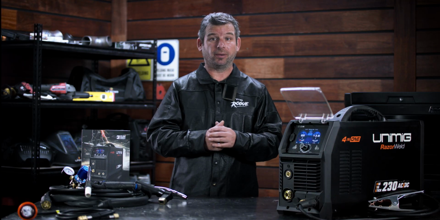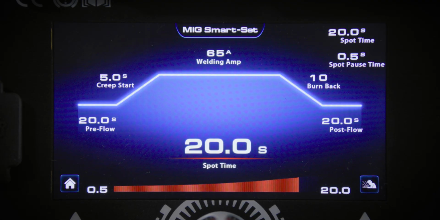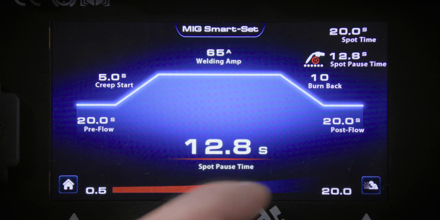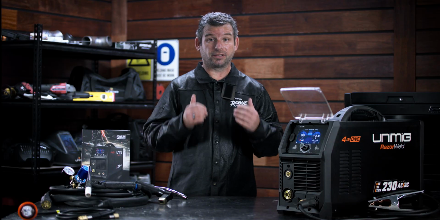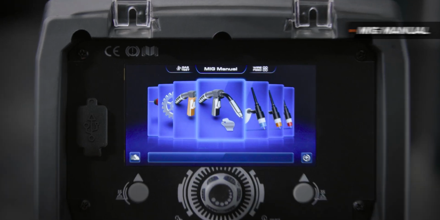The spot pause timer lets you set the length of time the spot function is paused between welds. It can be set from 0.5 seconds up to 20 seconds. The second weld mode on the home screen is MIG Manual Mode. While hovering over this mode, you'll also have the option to gas test and wire feed at the top of